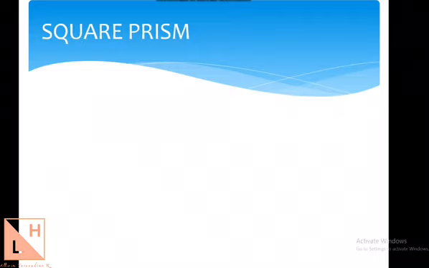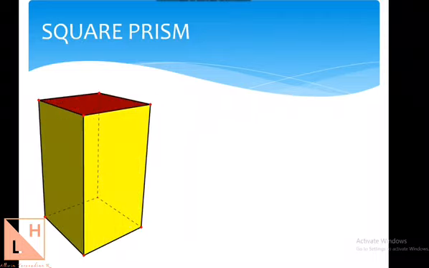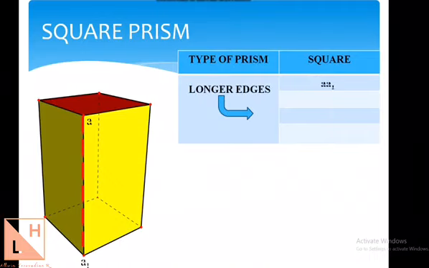Now there is another type of edge that we will come across in the same square prism. So this square prism is made up of base edges, top edges, and the third type is called longer edges. So what are these longer edges? We'll just have a look into it. A1, as you see here, is called a longer edge because this is the longest edge